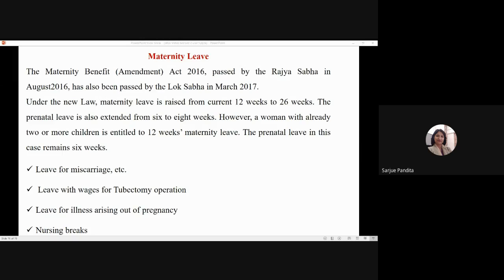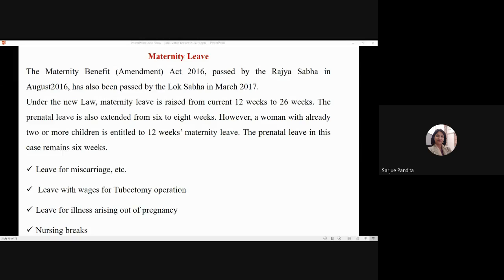So, for example, a female who is carrying a baby of another female, who is a commissioning mother, is also entitled to 12 weeks of leave from the date the child is handed over to her. So the female who was carrying the baby under surrogacy, when she is handing over the baby to the commissioning mother, that means who is actually the biological mother of the child, is also entitled to